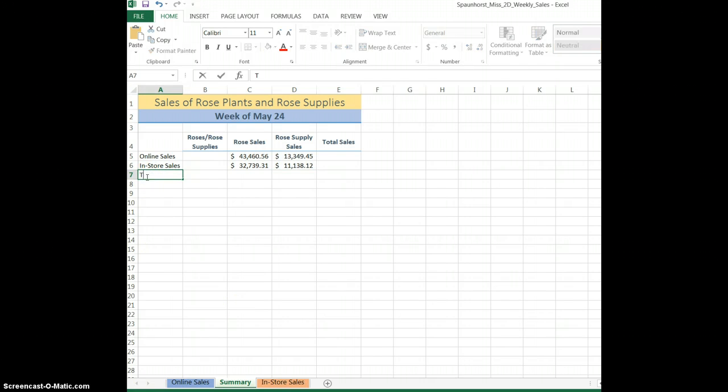In A7, type total, and then select from C5 through D7 and click auto sum. So it adds all of our rose supplies together and all of our rose sales together. We also want to know our total sales for online and in-store, so click auto sum, press enter up on the formula bar, and then use the fill handle to drag your formula down. So far we made $100,000 total. So make sure you take a look at right here. So it says